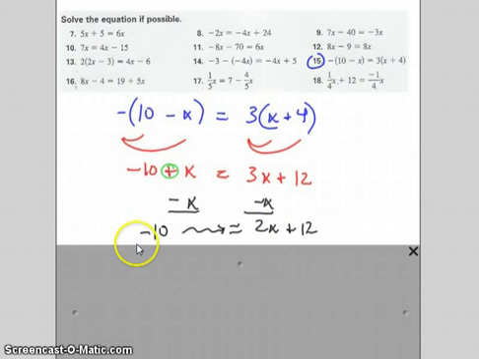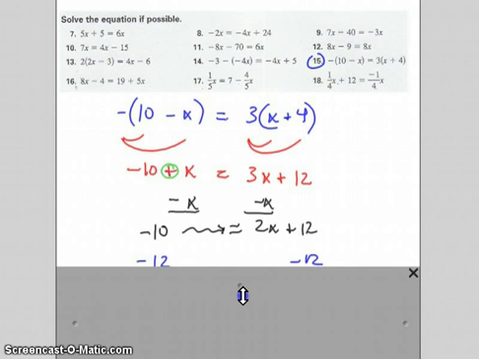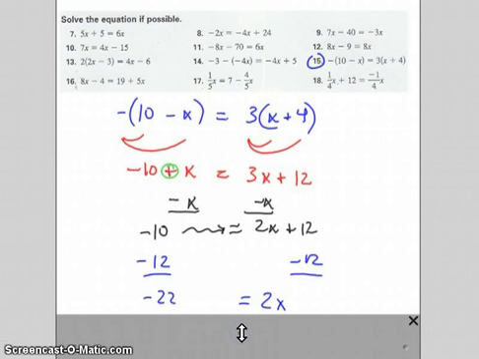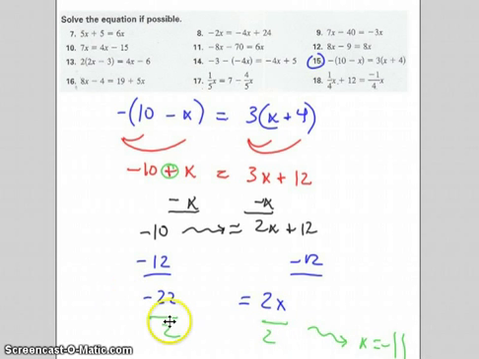Now I'm going to get that 12 out of here by subtracting it away. Now on the right, I'm going to have 2x, and on the left, I'm going to have negative 22. I don't want to know 2x, I want to know x. So I divide by 2 on both sides, and I'm going to end up with x equals